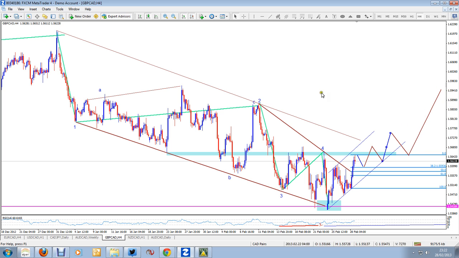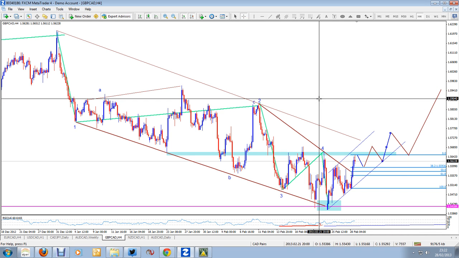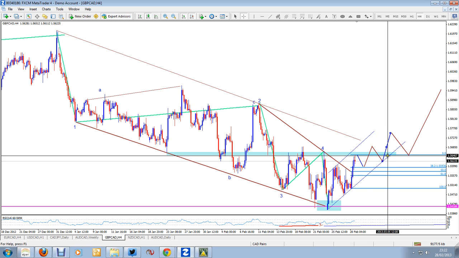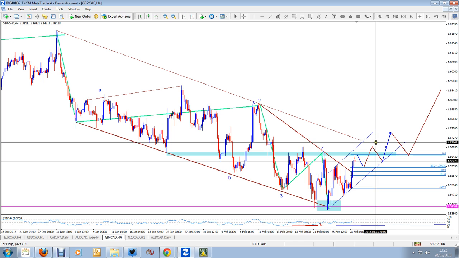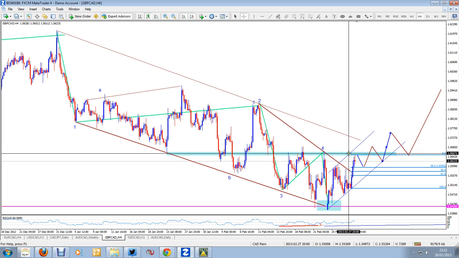Now that's what I anticipate, but sometimes when we've done that with the yen pairs earlier on, remember, it never came back to retest or anything. It never gave us an opportunity to get long in the way that we were looking for. So should that happen with this one,